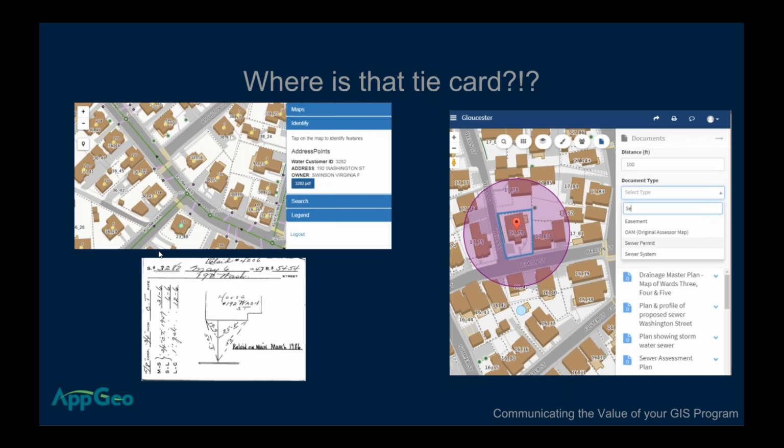And then finally, it's augmented into a new platform. We now store lots of documents in MapGeo. We have what's called MapGeo Docs, and it's really a way that the city of Gloucester gets access to not just tie cards, but they also have planning resources. The health department's recently gotten on board. So there's a whole host of different documents that are being shared internally behind a login. So it's an internal resource, but they ultimately imagine being more open with the community and making it more available broadly. So this is just another example of providing value, and it's been really fun working with the city, helping them get to a more efficient workflow when it comes to accessing information.